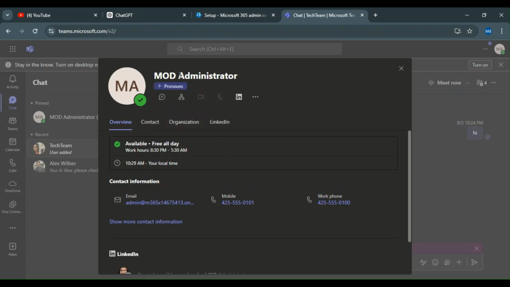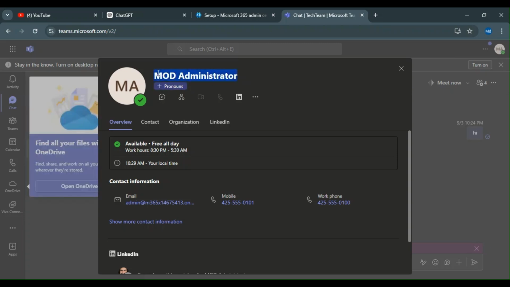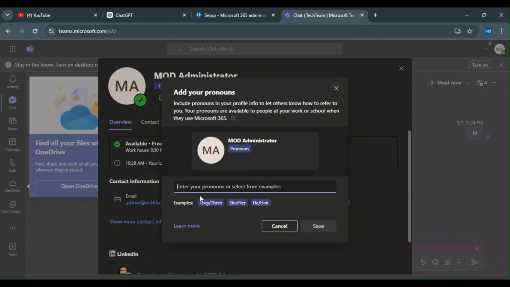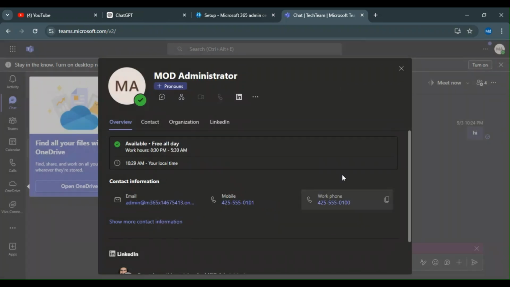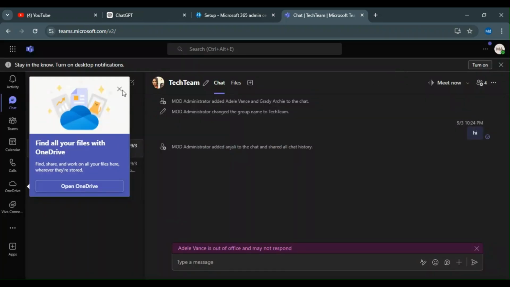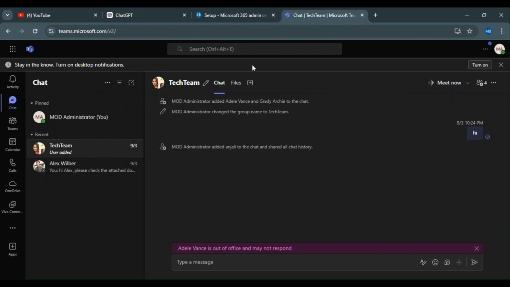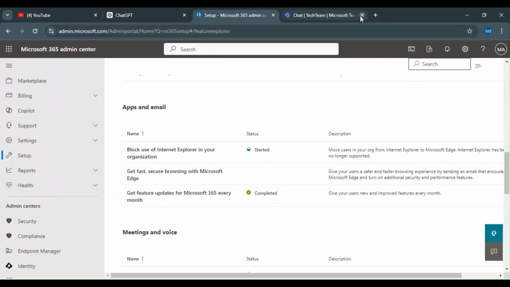For example, if I'm not aware whether the mod administrator is male or female, they can just click on the add pronouns section. It will give you an example, or you can say enter your pronouns and select the example. So you can use she/her, he/him, so they can identify themselves as male or female. It's useful sometimes. I'm not saying that it's useful every time, but sometimes it is helpful for the